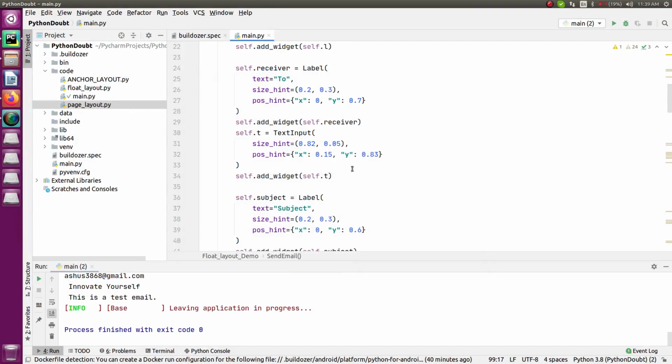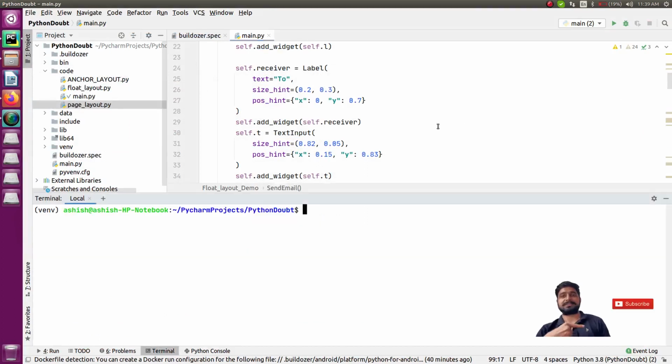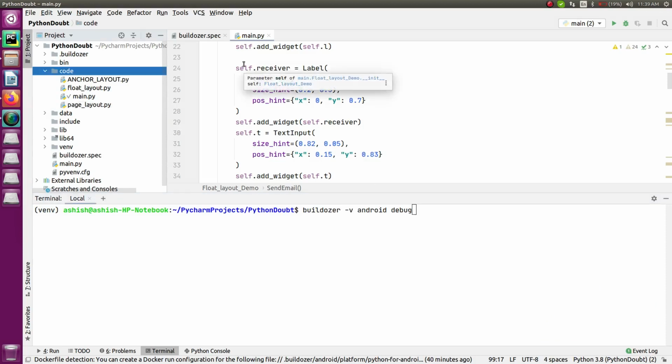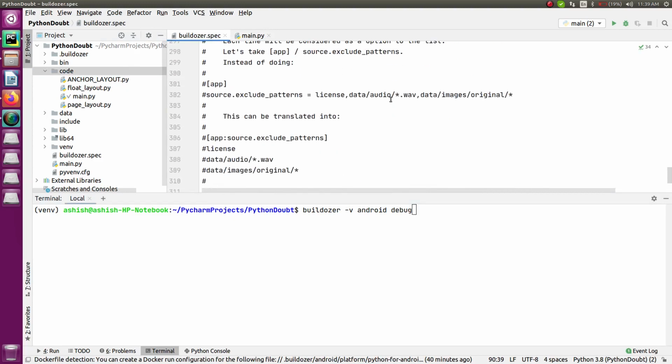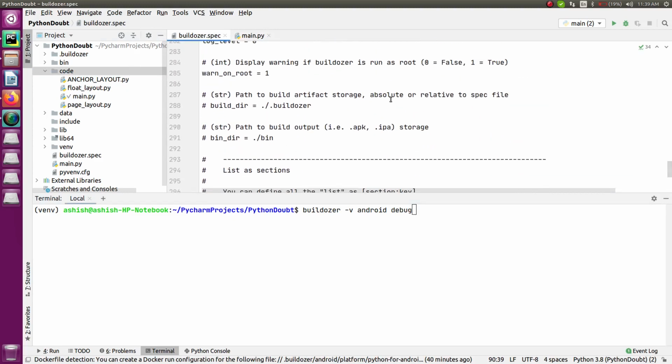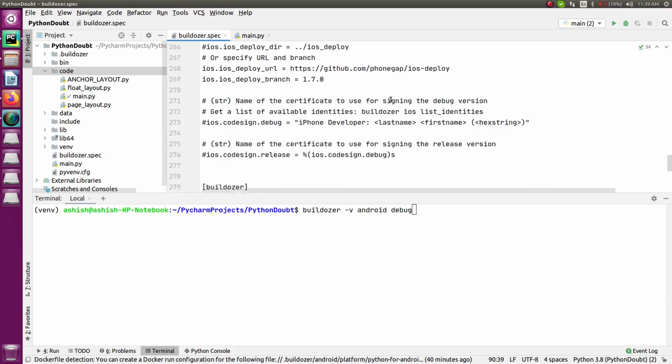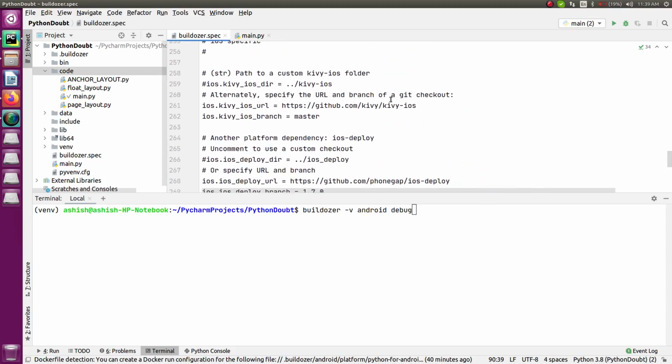And you already know how to do this part, right? For that, just write buildozer -v android debug, and make sure your script name is main.py before doing this. By default, if you check buildozer.spec, you will find on the bottom side that the name you have specified for your program is main.py.